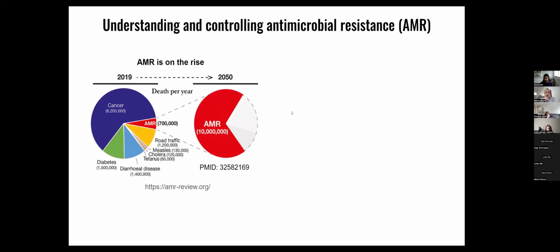The major focus of our lab really is to understand and control antimicrobial resistance in bacteria. I don't have to really motivate this, but I'll place a figure to show that it's a serious problem. There were more than 700,000 deaths directly linked to AMR during 2019, and the projection is that if nothing is changed in the way it's spreading, then by 2050 more than 10 million people will die, making AMR a more serious killer than cancer. A lot of the data are published in this AMR review conducted in the UK.